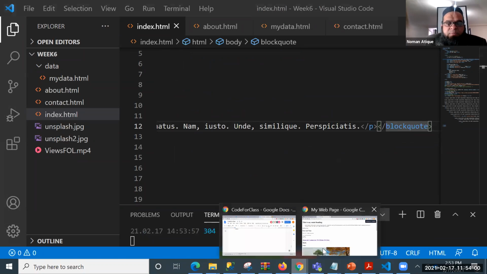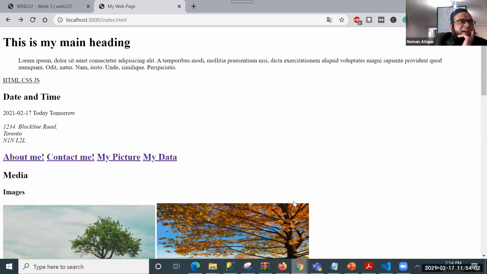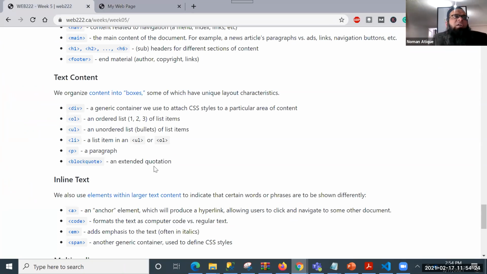Now you see the difference. Do you find any difference between these two, block quote and paragraph? The block quote means it is bumped in from the left and from the right side. If you see research articles, the abstract is bumped in from both sides in a smaller form. So block quote is typically like that. An extended quotation is something we use to specify some interesting parts. We'll be using that block quote.